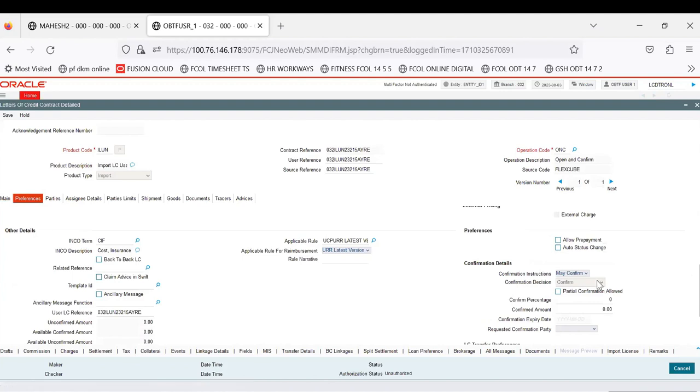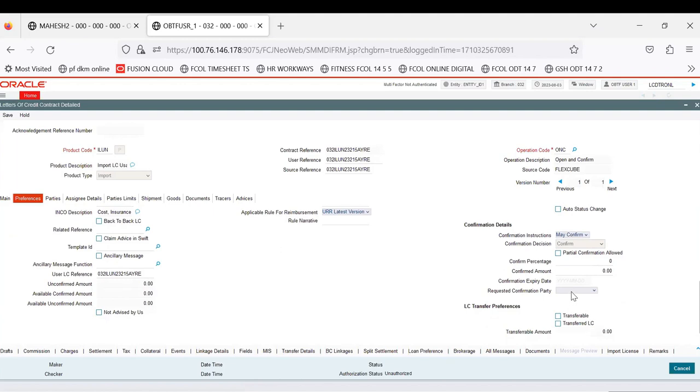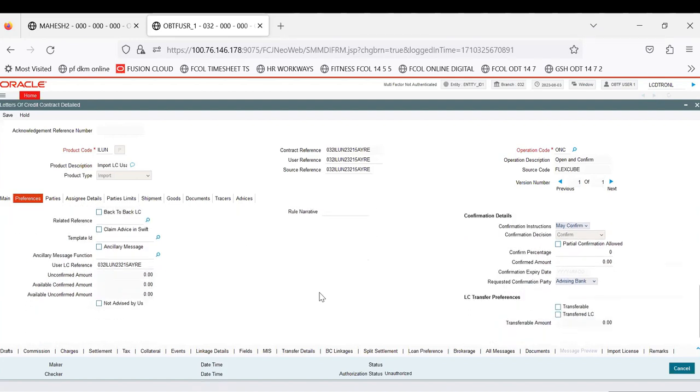You can see here, confirm, which is there. And then I have to specify which is the confirming bank, whether it is advising bank or advice through bank or confirming bank. So we need to specify that information. Okay. And when I'm issuing an LC itself, I can issue it as normal irrevocable documentary credit, or I can